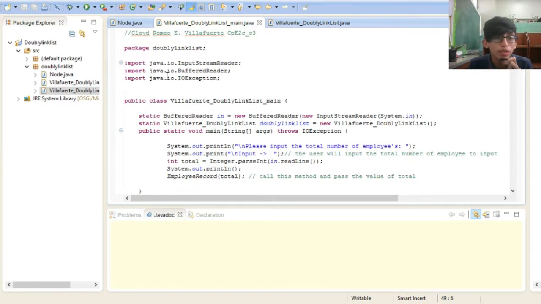These are the things that I import so that the user can input in my program. Static BufferedReader in equals new BufferedReader, new InputStreamReader. So the new BufferedReader and new InputStreamReader is being assigned to in. Then static Villafuerte doubly linked list equals new Villafuerte_doubly_linked_list. So the new Villafuerte_doubly_linked_list is being assigned here to the doubly linked list. Then